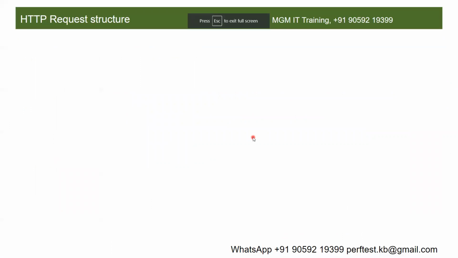So what is the HTTP request line? The request line contains your request method, request URL, and the protocol.